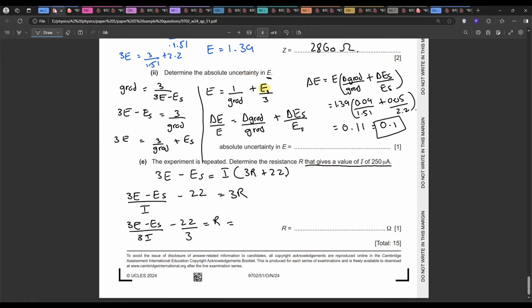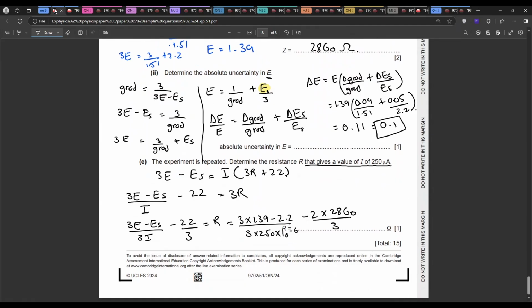How will you calculate the value of R? Now just substitute the values. What is the value of E? 1.39. 3 into 1.39 minus ES, that is 2.2, divided by 3 into the value of current, that is 250 into 10 raised to the power of minus 6. Why? Because microampere. Minus 2 into Z. What is the value of Z? The value of Z is 2860. 2860 divided by 3. Let's calculate this answer. 3 into 1.39, perfect, minus 2.2 divided by 3 into 250 into 10 raised to the power of minus 6, perfect,